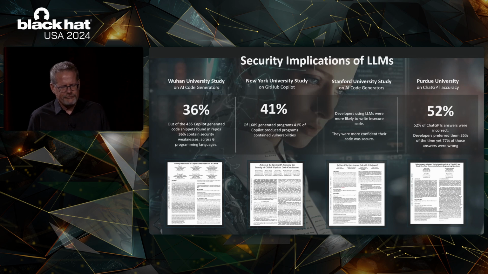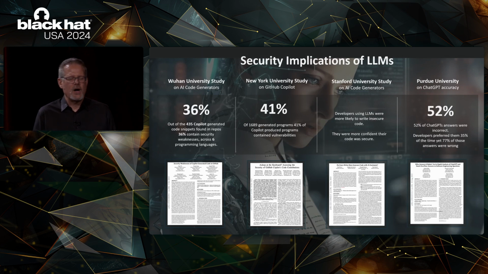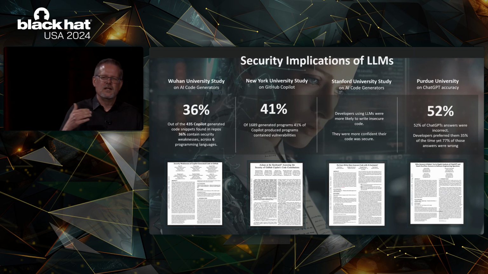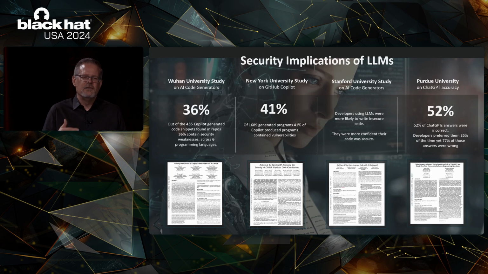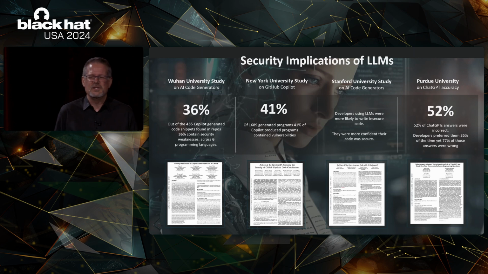The other thing that I find was really interesting is then they asked the developers after they did it, how confident are you that the code for that coding problem you just solved was secure? It turned out that the developers that were using ChatGPT felt more confident that their code was secure. So not only do we have less secure code coming out of the people using the generative AI tools, they actually think they're coming up with more secure code. So this is a challenge, right?